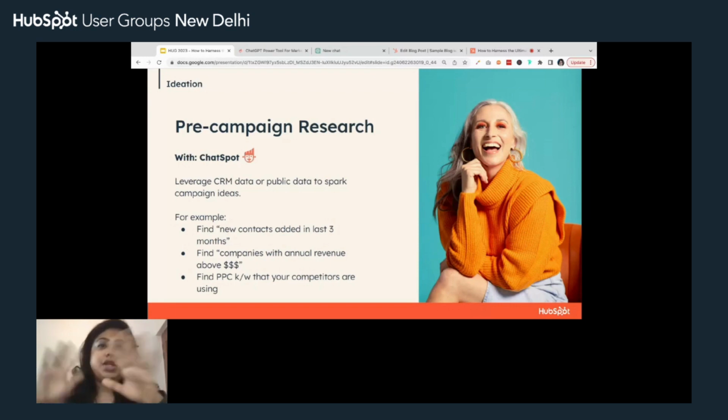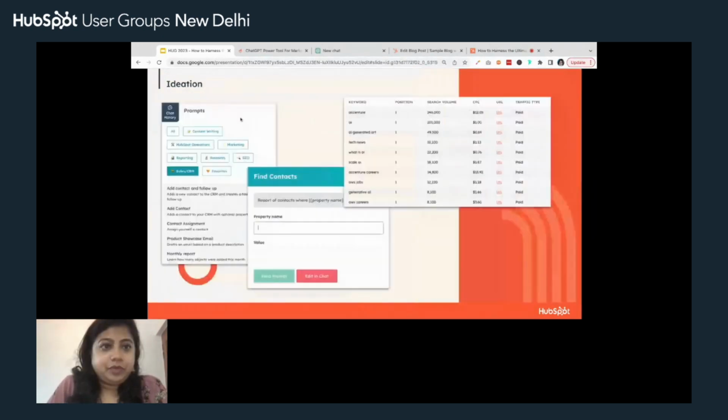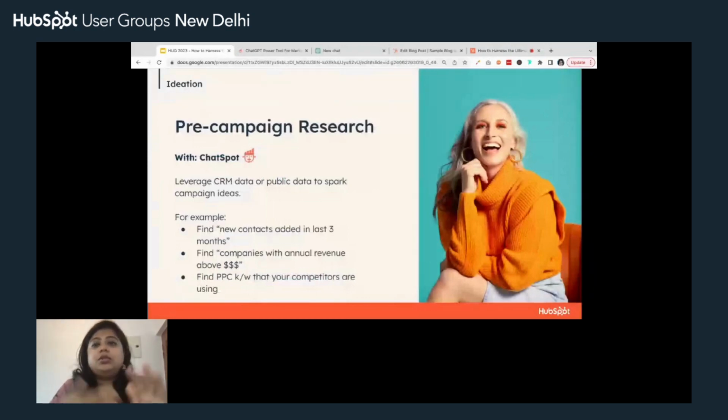Can you, just by dropping a yes in the chat, indicate how many of you have used ChatSpot so far, if at all? I just want to get an idea. Abhinav, because I'm not looking at that screen, can you tell me if there is anybody who has used ChatSpot? Couple of yes, in fact 3 yes. Oh, lots of yes actually. Couple of no's as well. Great, great. Okay, so there are people who have used ChatSpot.